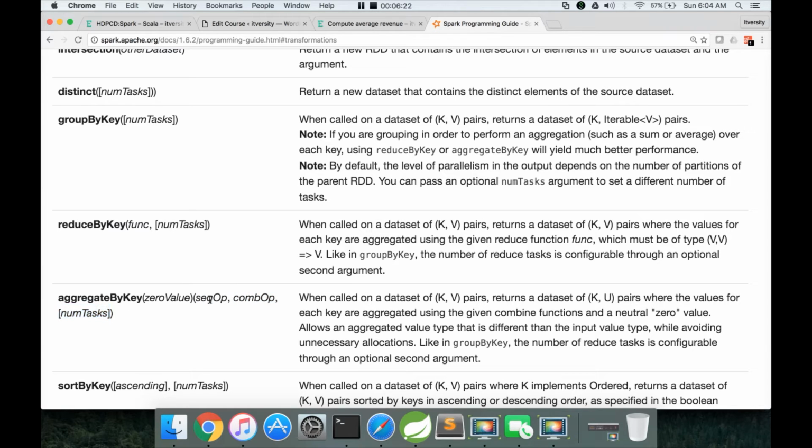The 2 mandatory parameters are the sequence operator or combiner logic, and the combiner op or combiner operator or reducer logic. The terminology in Spark is a little bit different from MapReduce. The combiner logic will be given here, and the reducer logic will be given here.